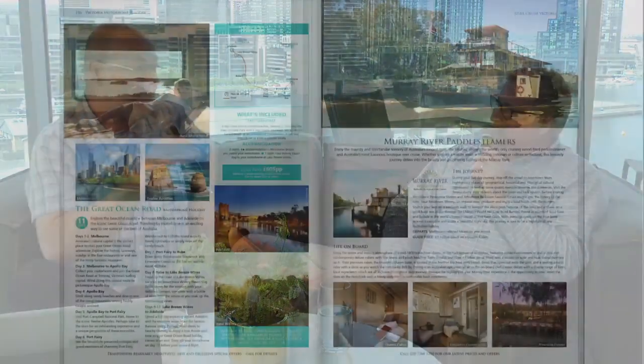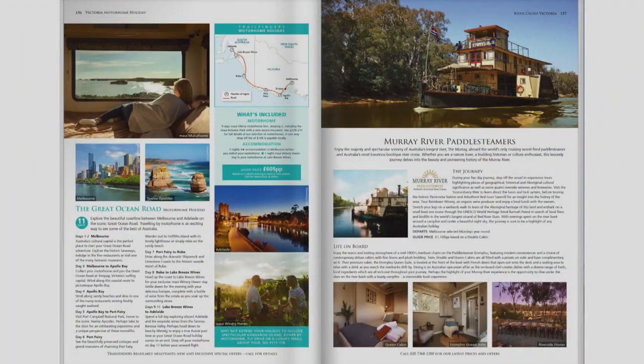Yeah, so when you say you've been involved in Murray River Paddle Steamers for 4 years, I guess the first year or two was really finding your feet and learning who's who in the zoo and all of that sort of stuff. Yeah. And now you're really starting to engage in that international market. I mentioned before that having that presence in the UK, and I have to say congratulations, because you've just popped up as a half page in Trailfinders, the biggest wholesaler in the United Kingdom. Yeah. We've got the brand new brochure coming out